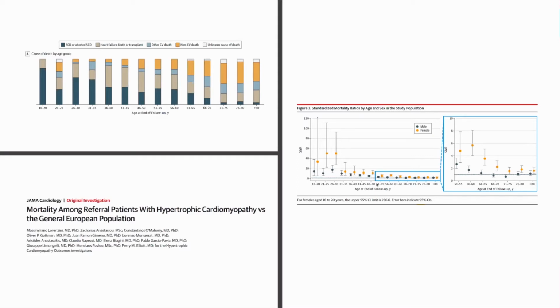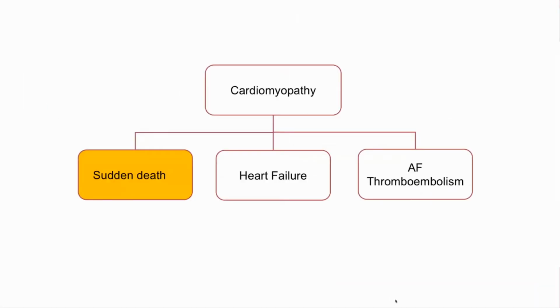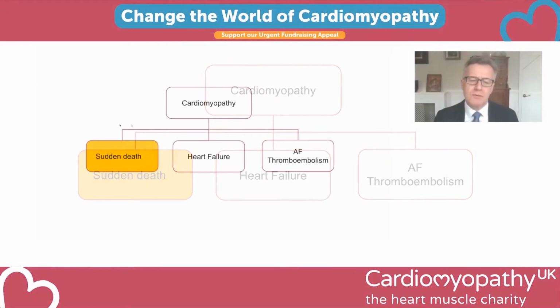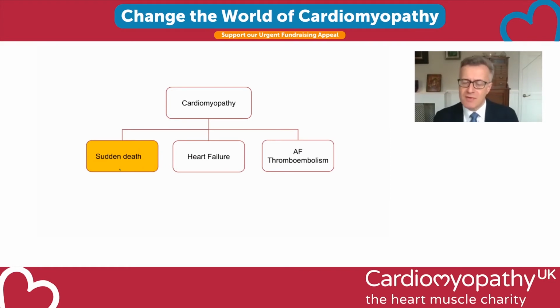And for both men and women, there is an increase over the background. Interestingly, and this is something that we've only recently looked at and discovered, the excess mortality is greater for women. And this is a feature that we haven't seen before. We don't really fully understand it. But this is an area that requires further study. So sudden death is a rare event, but what we have to do is to identify that small group of people who are potentially at risk